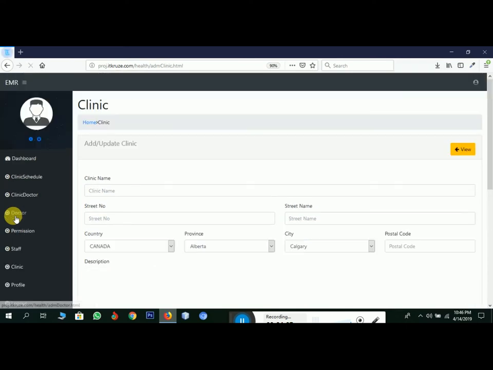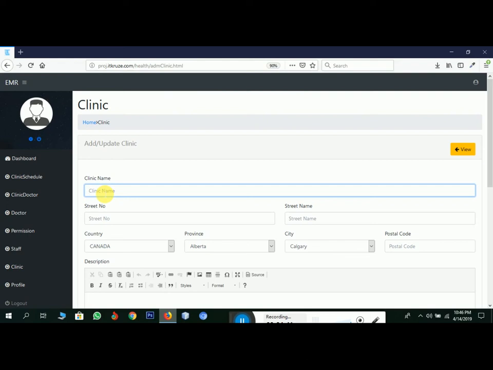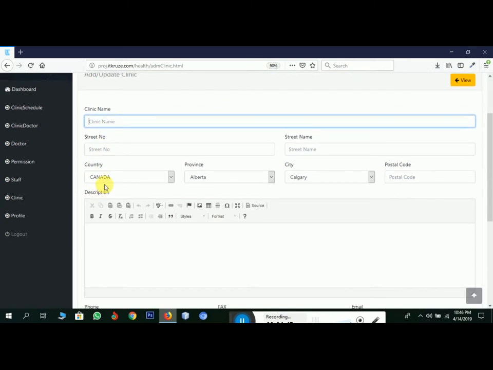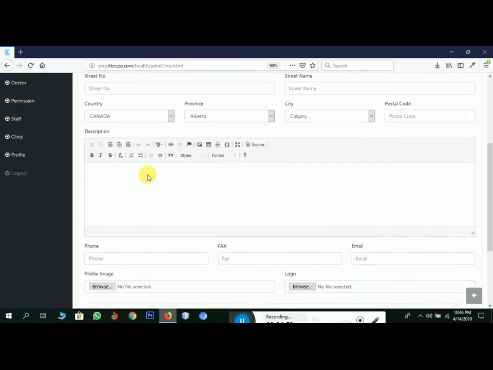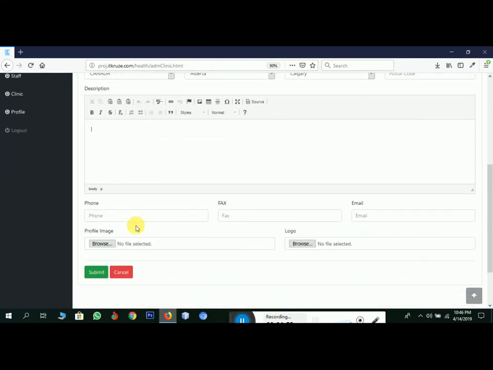By using the clinic option we can create the subclinic for that clinic admin. Click on the clinic. This is the basic form to create the subclinic: clinic name, street number, street name, country, province, city, postal code, description, phone number, fax, email, profile image, logo.